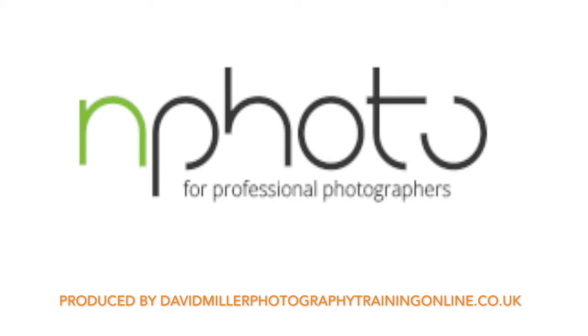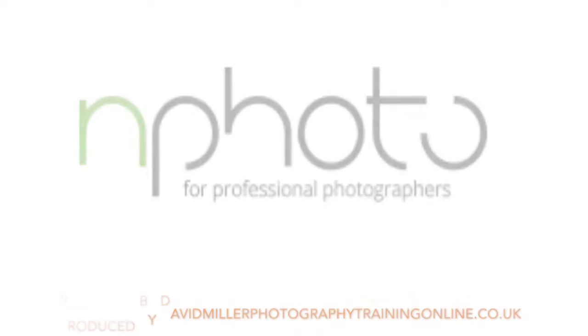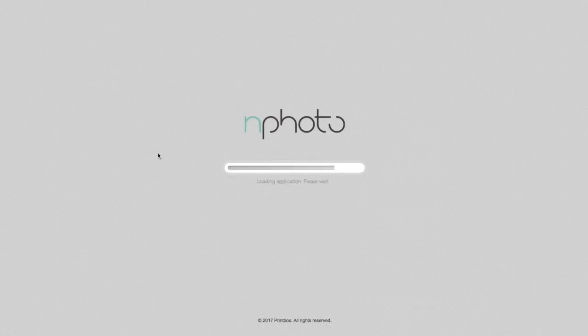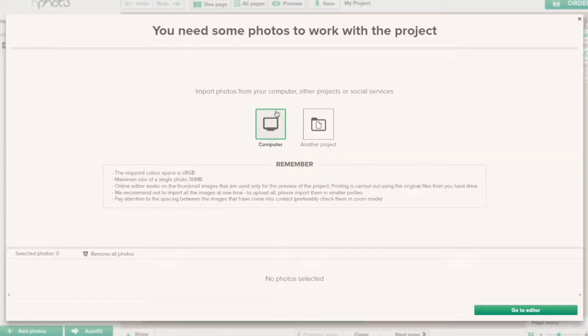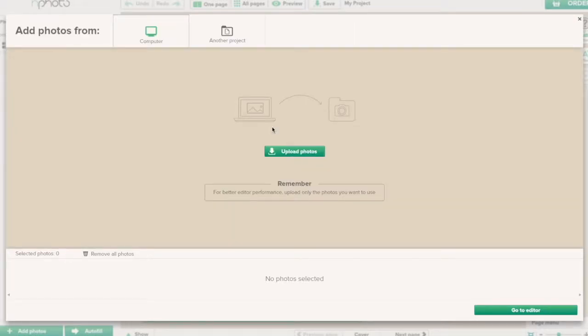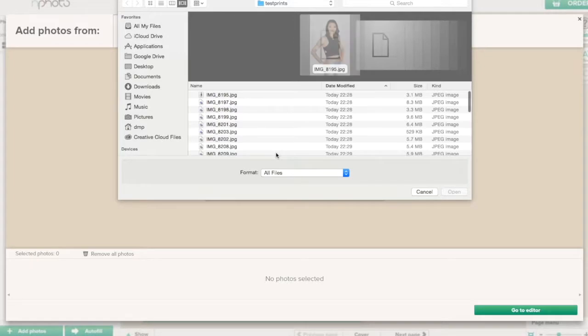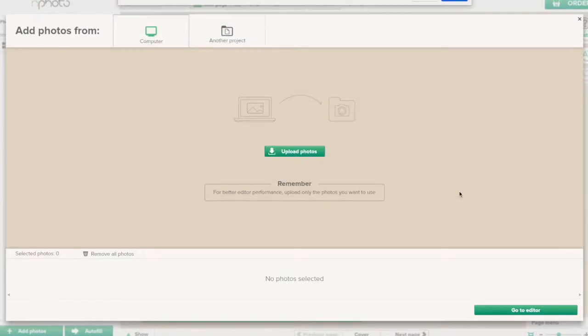We're going to look at the new online nPhoto creator. So you click on Design Online, and then you select where you want the pictures to come from. So we're going to take them from the computer and we're going to upload some photographs. So I've got some photographs here that we're going to upload,